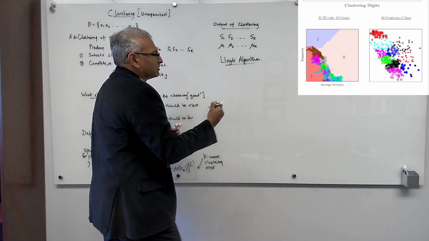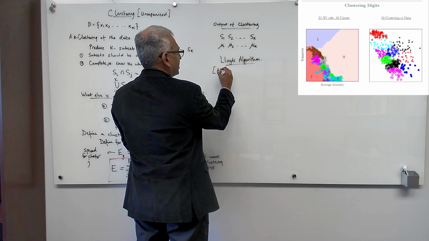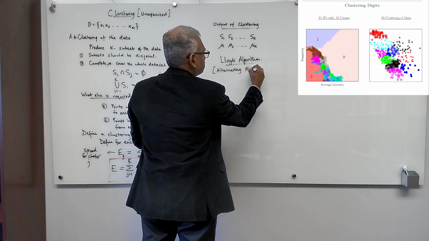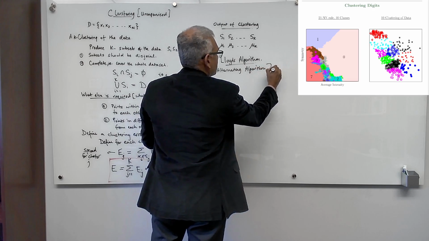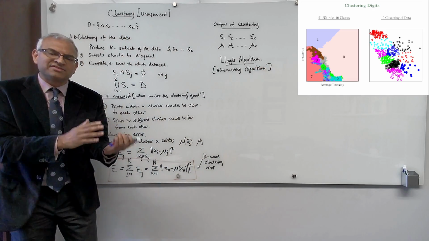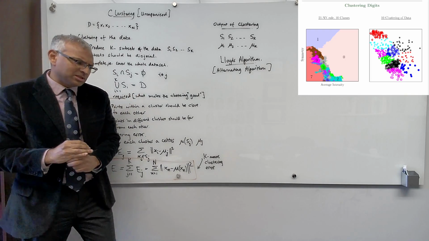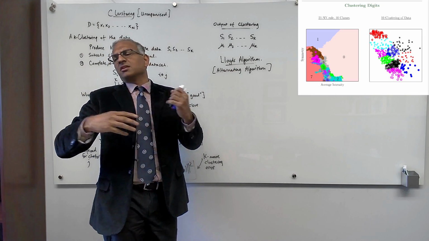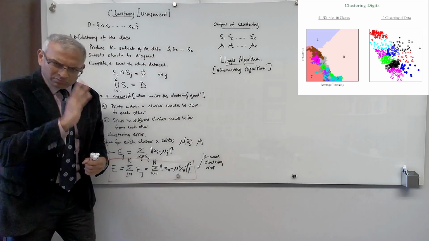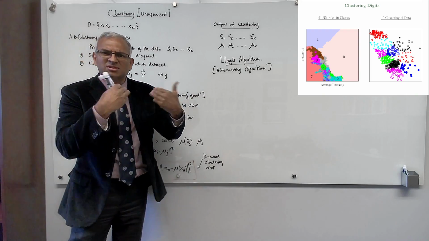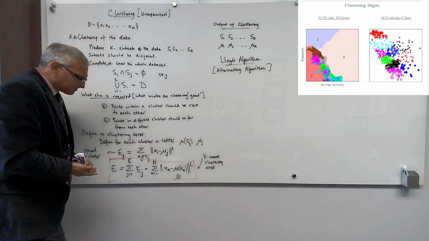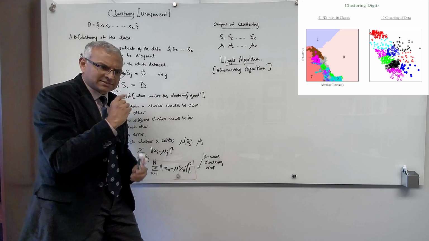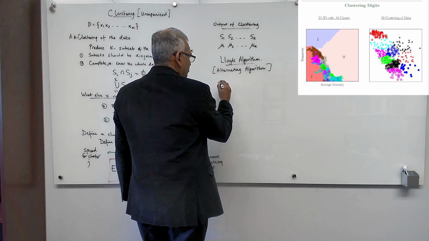Lloyd's algorithm is an example of what's called an alternating algorithm, because it alternates between doing one thing and then another. It actually comes from a family of algorithms. It's a special kind of alternating algorithm, which can be posed as an EM kind of algorithm, but we won't get into those details. Let me show you the algorithm. It's very intuitive. We don't know how to solve this problem in general, but if you give me